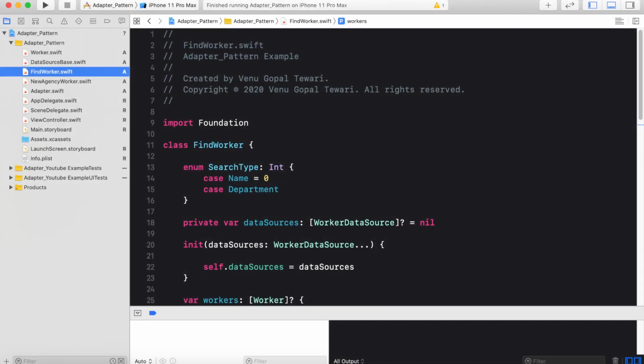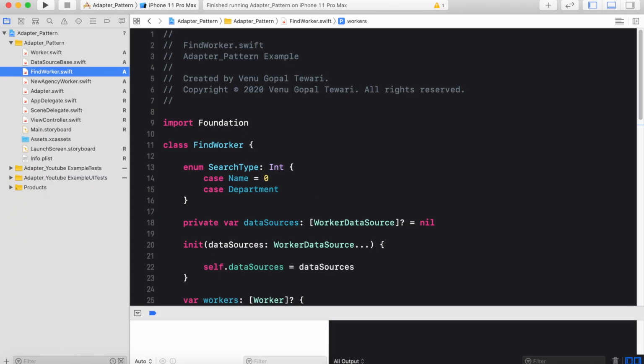Before starting the programming, let's take an overview of the example that we are going to implement here. We have an agency in which a number of workers are currently working, and there is also software running in the form of a search utility that can search for any employee either by name or by department.